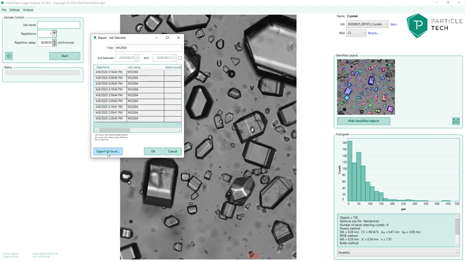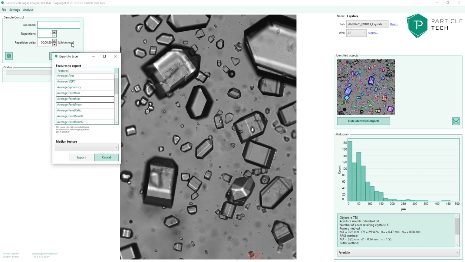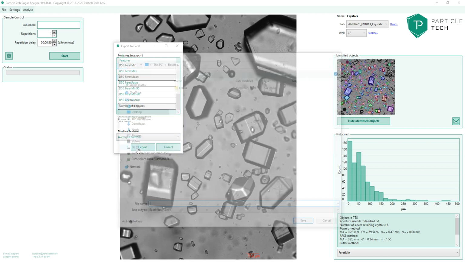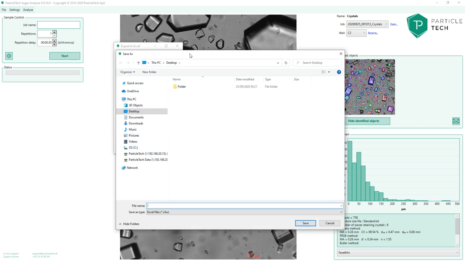You can also export the jobs to Excel, and then I just click on export, and then this window appears where you select the features you want to include in your Excel sheet. So I'll select my average, varied min, and then I will hold down the CTRL key on my keyboard to select more options. So I would like maybe the average area and the D50 of some diameters and sphericity, number of objects, and then I can click on export, and then I have to select the folder path where I